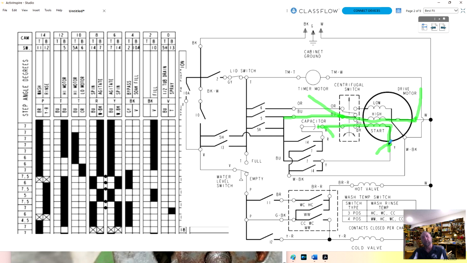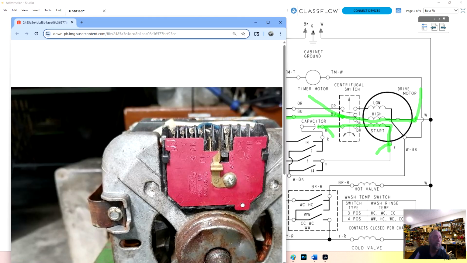And if I want to check the start winding, that would be red and yellow. So if we look here, we got red on the end right here, and yellow, I can't even see it. Yellow's right there. There's blue, there's yellow. So this one's yellow. You put your meter there to check power to the start winding. You put your meter on blue and white to check the run winding. If you have 120 volts at both those points, you change the motor.